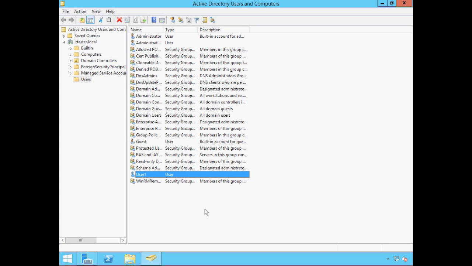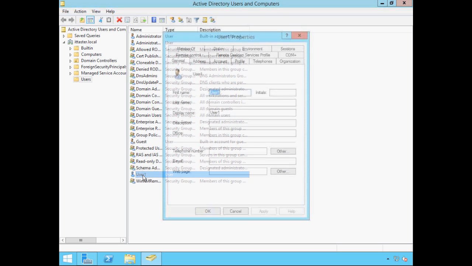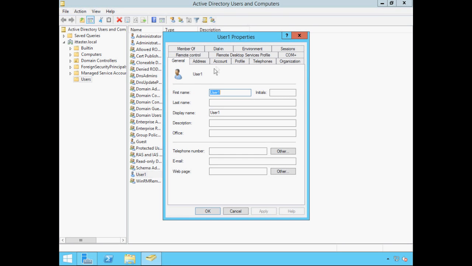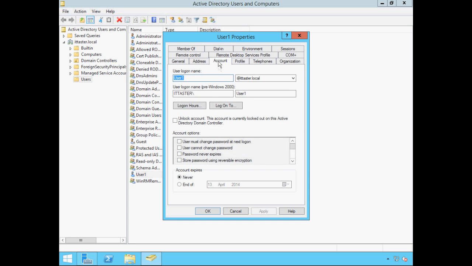Okay, I've logged back into our domain controller and we're in Active Directory Users and Computers where we left it. Now to unlock a user account, all you need to do is double click the user account, in this case user 1, click on the Account tab, and as you can see this account is currently locked out on this Active Directory domain controller.